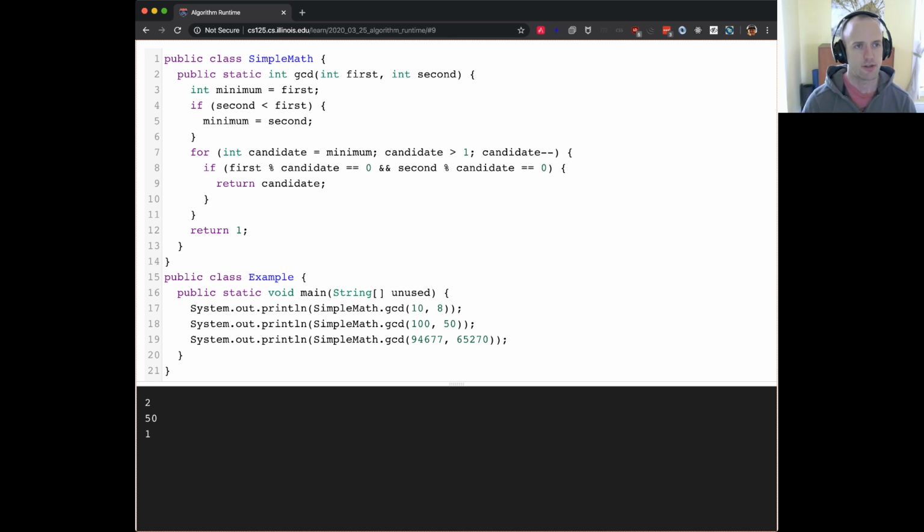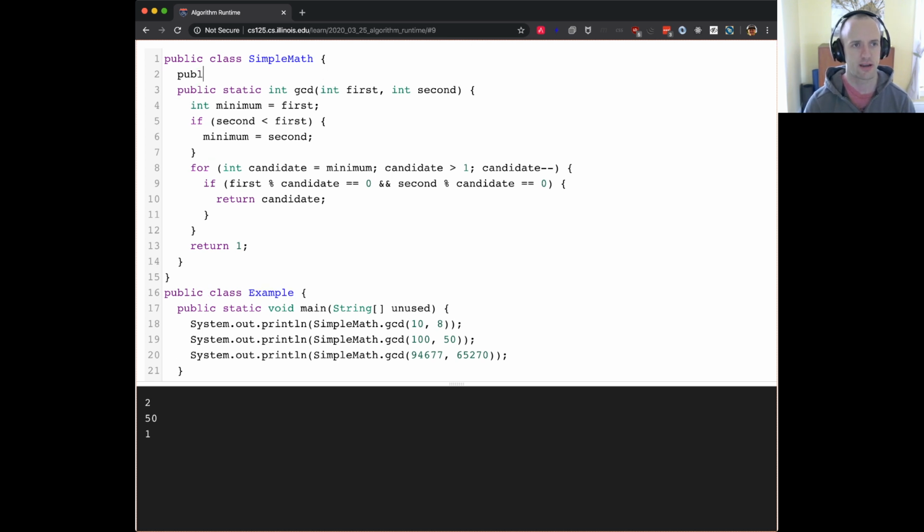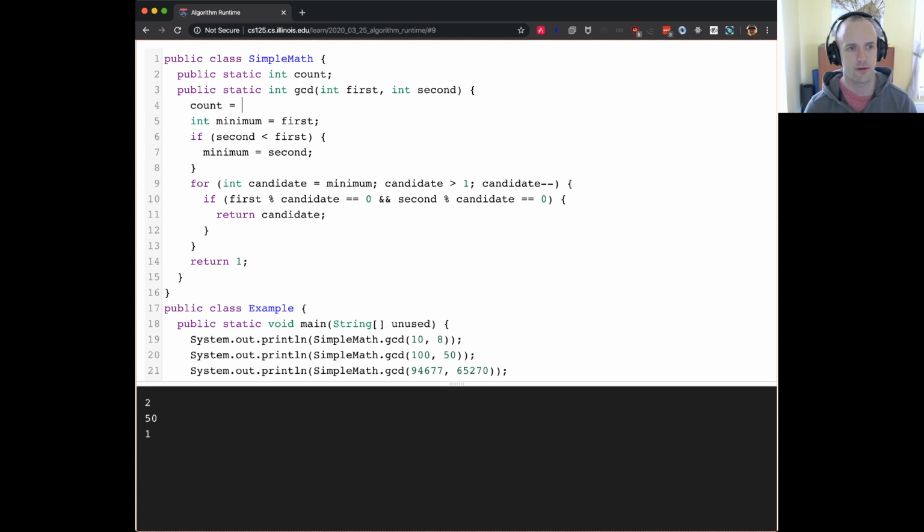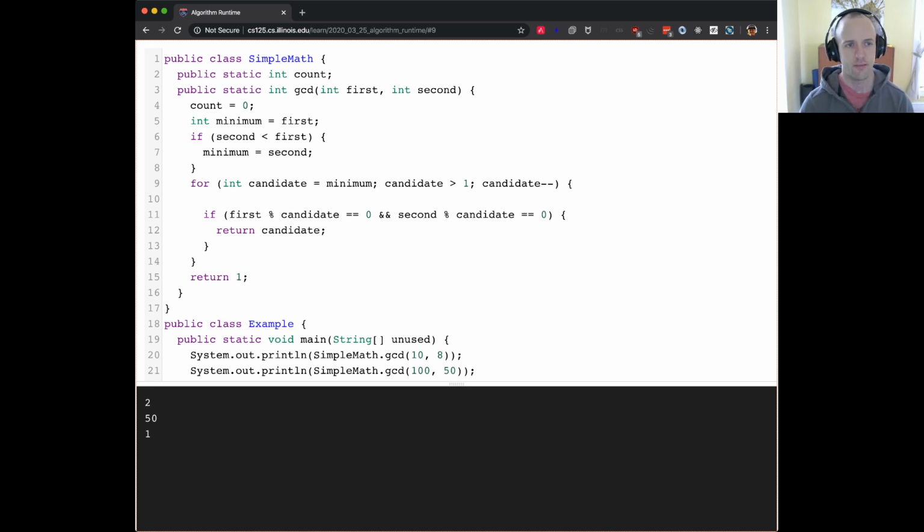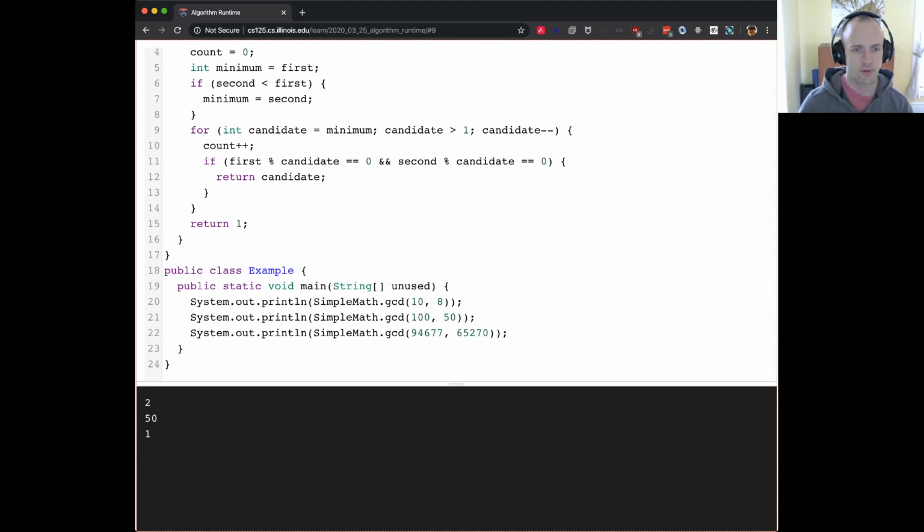So here's what I'm going to do. I'm going to create a static variable count. And when I start running my GCD algorithm, I'm going to set count equal to 0. And then I'm going to count the number of times I have to execute this loop, okay? So every time I go through the loop, I'm going to bump the count. This won't change the operation of my algorithm, but what it will allow me to do is, after I run it,